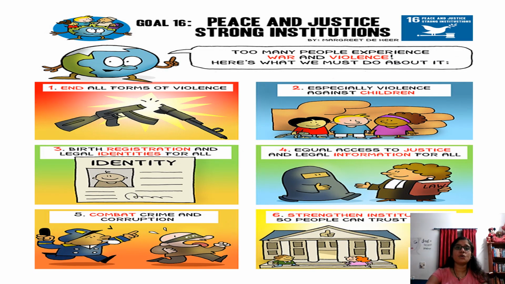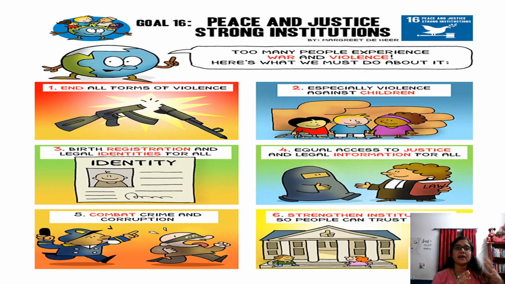Now the next goal talks about peace and justice. Peace and justice means, this talks about how we can reduce the violence. You would have seen in the news, even though you don't understand, you would have definitely seen two countries fighting for something. That should not be there. Every country should be very friendly. Like you people are friendly with others, every country should also be friendly with each other. Then only this world will be a peaceful place, isn't it, for the future generation.